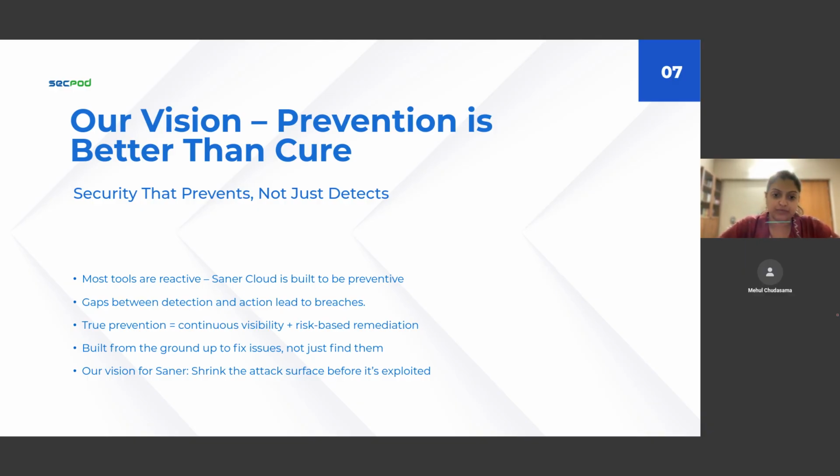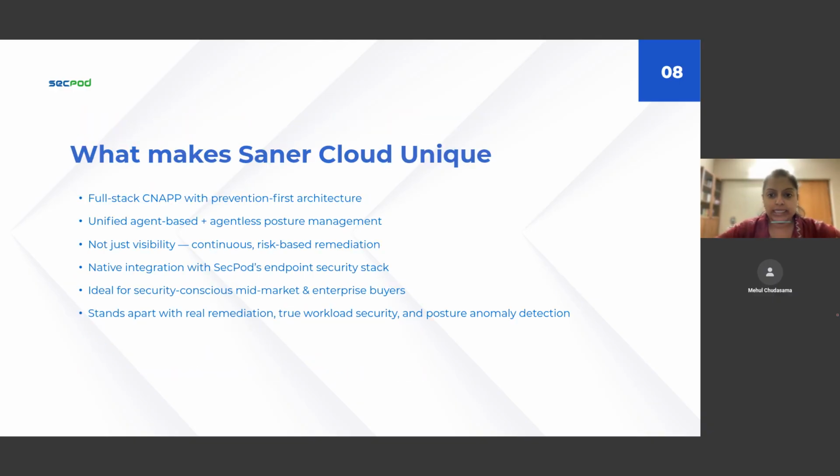Now that you know the vision for Sena Cloud, we want to take a minute of your time to let you know what exactly we think makes Sena Cloud unique in this particular market. Now, we understand that this market is crowded with CNAPPs that are promising you a lot of things, that say that they do a lot of things as well. But here is what is proven with Sena Cloud, and you will see it in action in the next few minutes as well, which is there are many players in the cloud security space. Let's analyze just a little bit of that. Extremely few that can claim to be truly unified, that could be preventive and capable of taking real action as well.